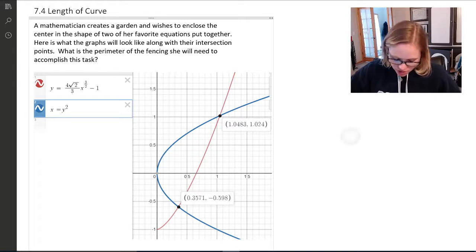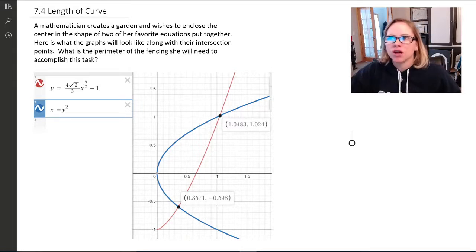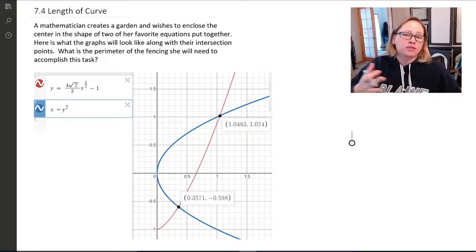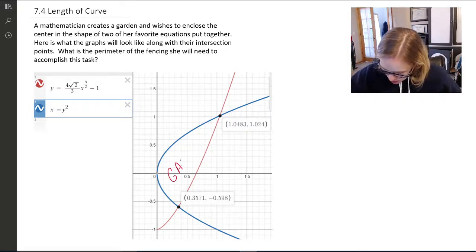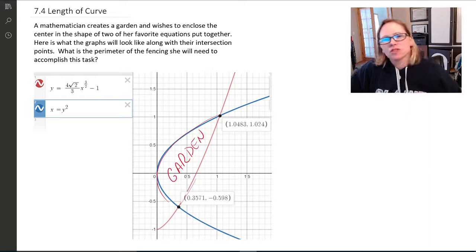So here we have a situation where a mathematician is creating a garden and wants to enclose the center with, of course, two mathematical equations. These happen to be her favorite mathematical equations. So we want to know what is the perimeter of her garden. So here's the garden, it'll be enclosed in here. So what's the perimeter around the edge of the garden so that she can purchase enough fencing to be able